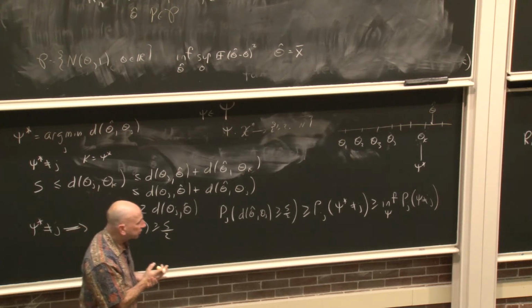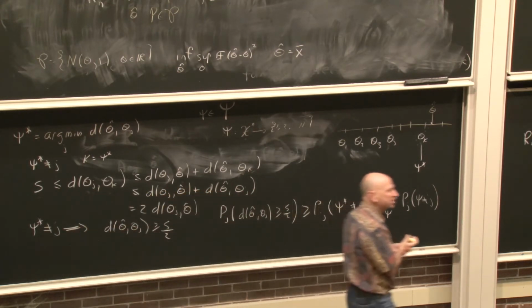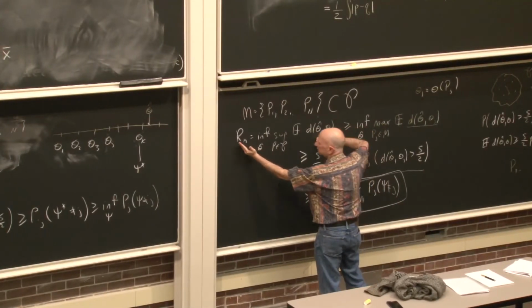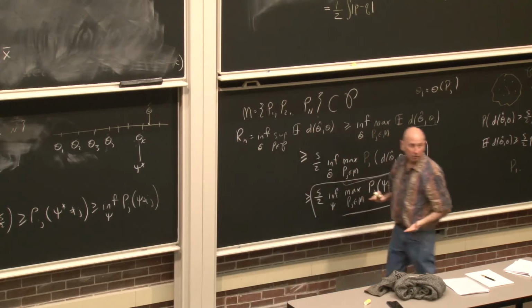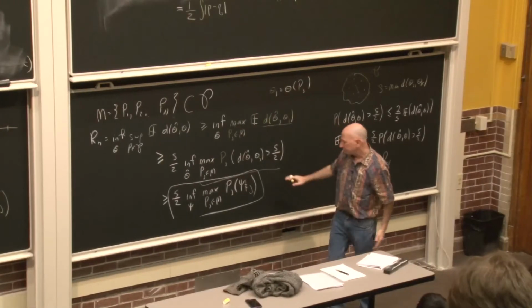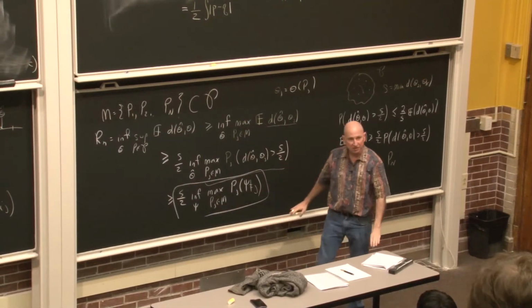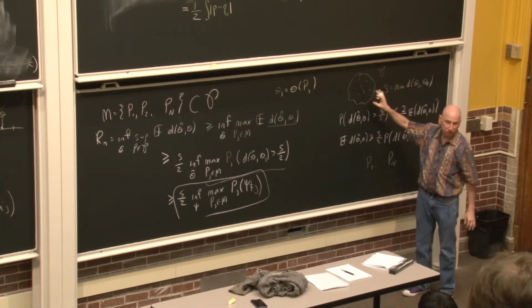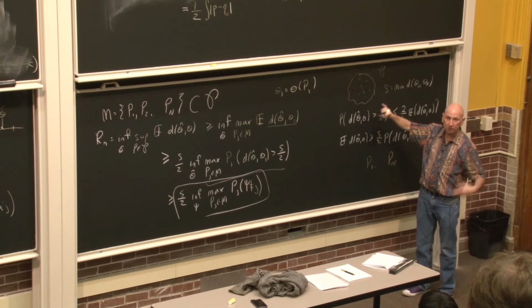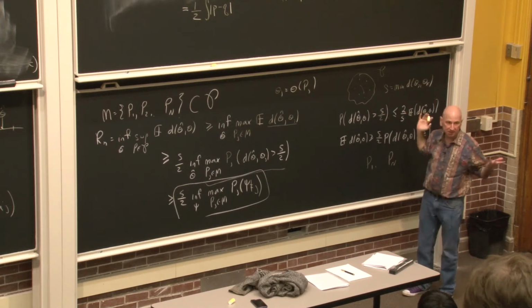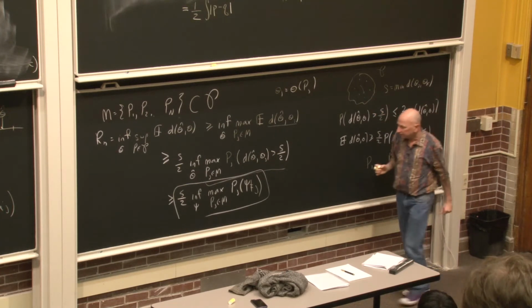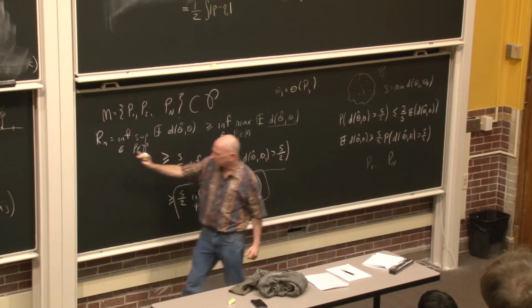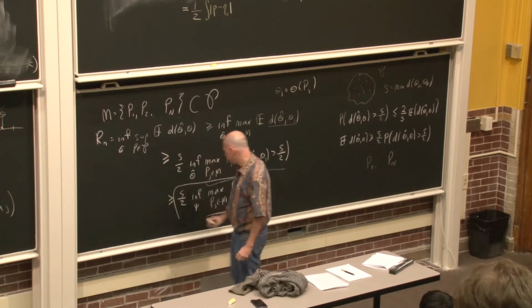I want to make sure this is clear because this is the whole ball game here. Everything after this is just calculation. The key is that we started with this thing. We're trying to get a lower bound, and I've reduced it to something which I'm going to claim is a bit easier to compute, which is: I arbitrarily picked n distributions in the set. The only requirement is they have some distance, call it s. And we showed, now this is a theorem, that the minimax risk is bigger than or equal to that number